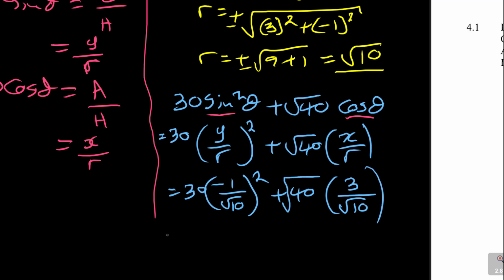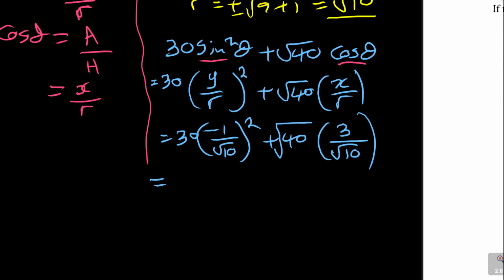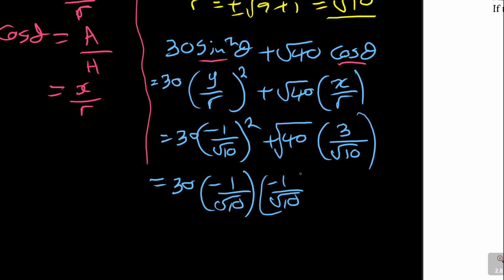So this is what you're having, which is equal to, remember you're not supposed to use a calculator, so try to work it out like this, and then this is negative 1 over square root of 10 again times another negative 1 over square root of 10. That's the square part here, right? Plus